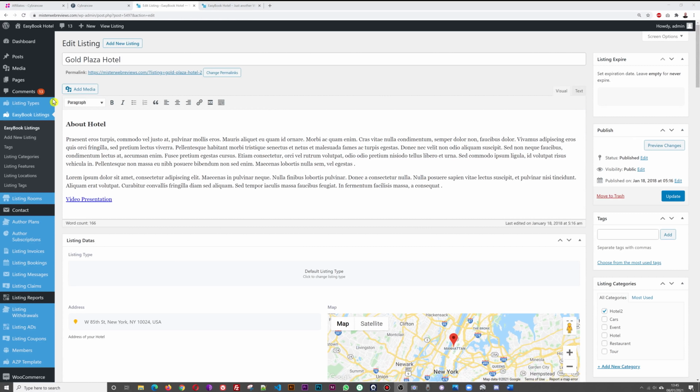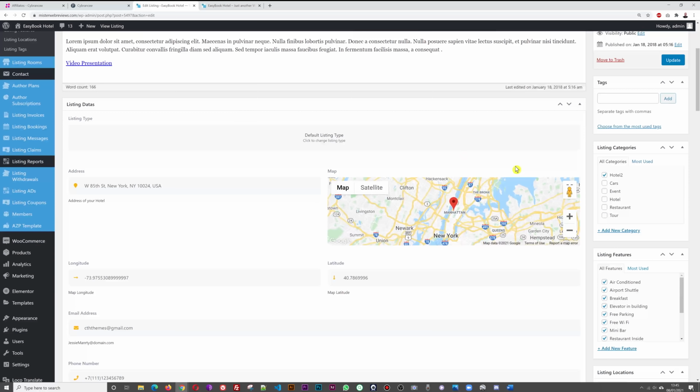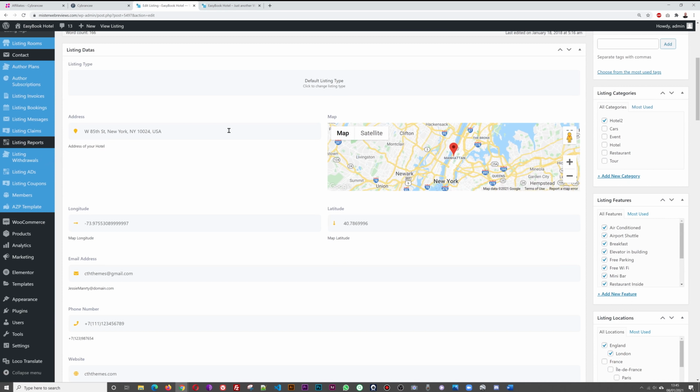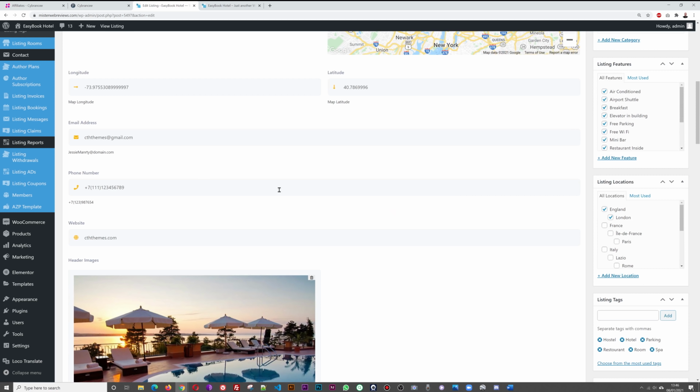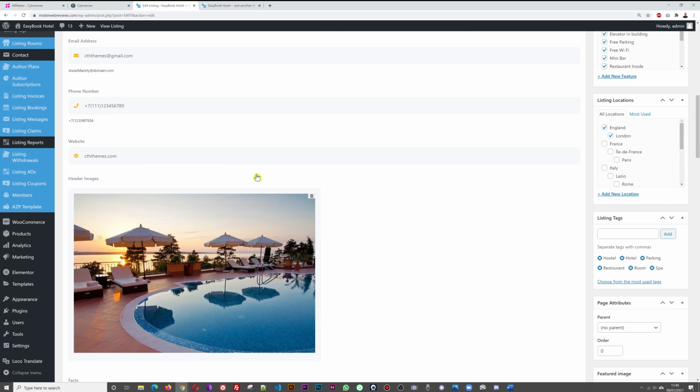And here we have all our fields to customize our listing. So we have the title, that's the name of the hotel. Description about the hotel, and then we have a location. So you type in the address, Google Maps will reflect automatically, longitude, latitude, the email address, a phone number, a